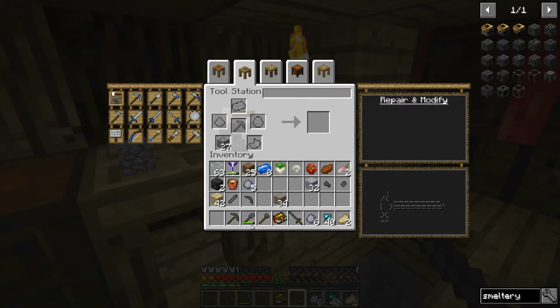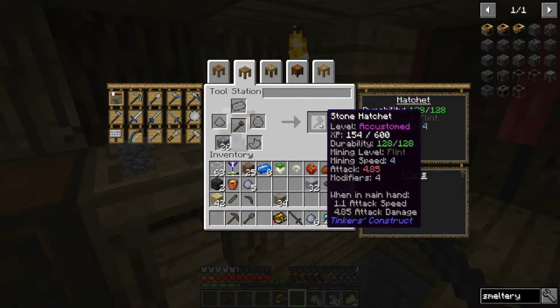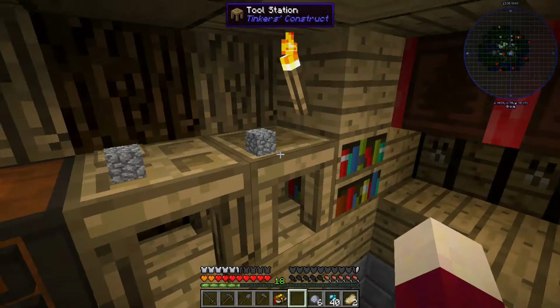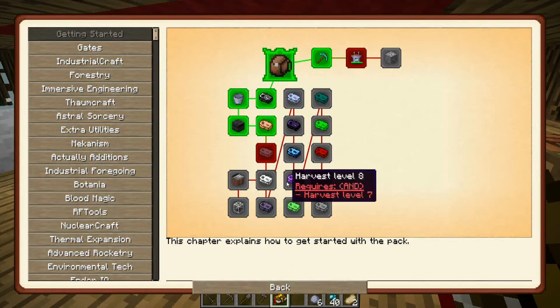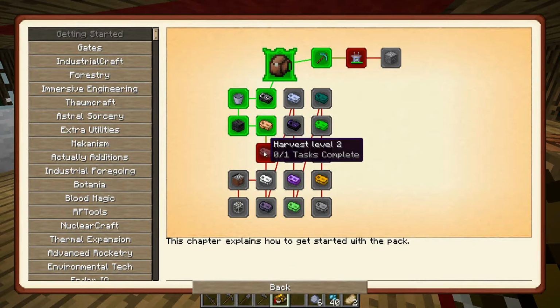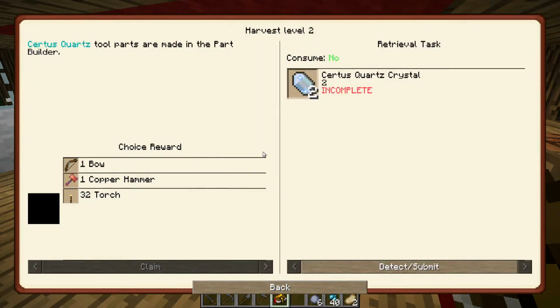That's not what I wanted. Looks like the axe is broken too. So there we go. All of our tools are remade, and let's take a look at what our next one is. So our next one is harvest level 2. Alright, Certus